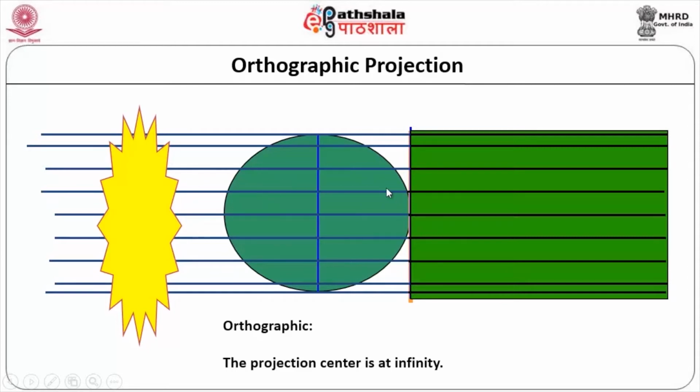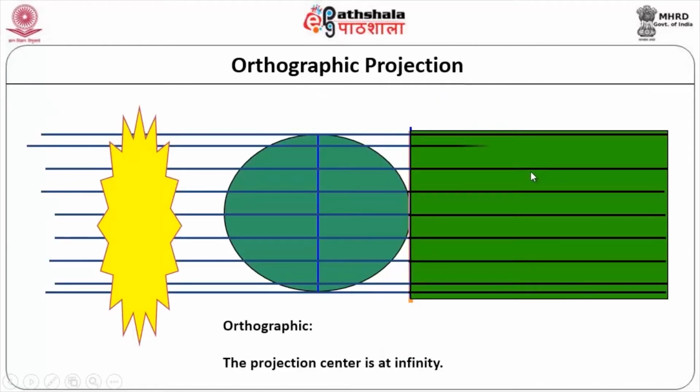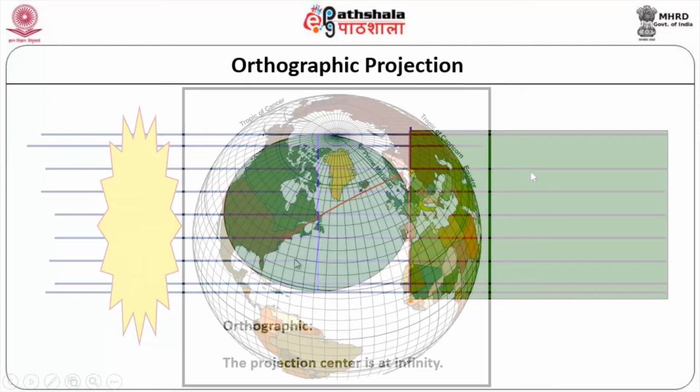And you can also see the area of coverage is very much reduced, because in the previous case the area of coverage will be more. You can see here the area of coverage is more, because the light is going in this fashion. Whereas in the case of orthographic projection, it is different, because the area of coverage will be much lesser, but it will be much more accurate, because you are seeing from infinity. This is how it will be.